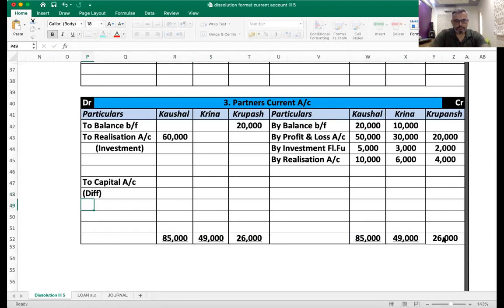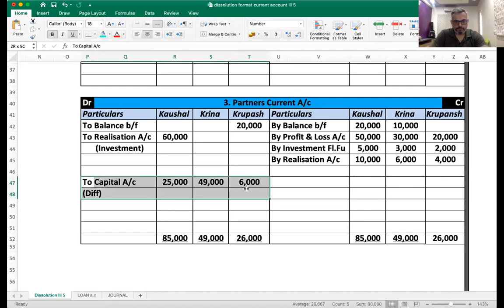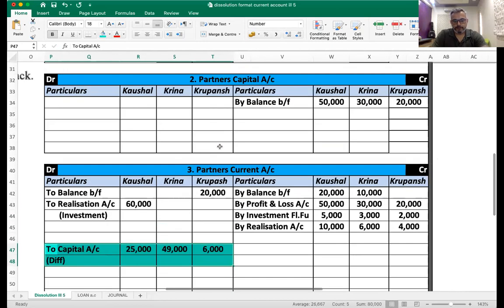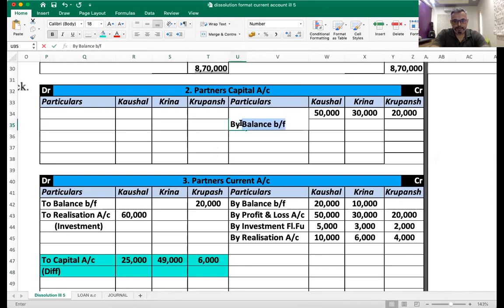difference. So 85 minus 60, 25,000, 49,000 and 6,000. Now this will be transferred to capital account. This will be transferred to capital account. So by current account, 25,000,